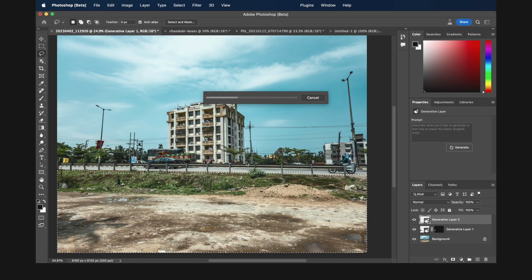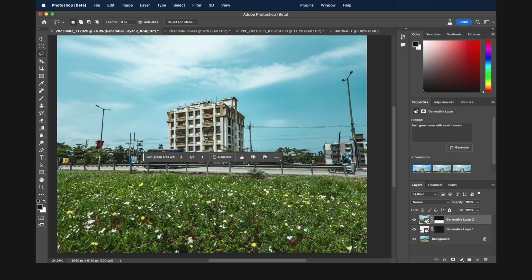It will also take some time. Now you see, this is an amazing thing. I have selected roughly and it has filled the whole area of selection with an image according to the prompt that I have given. So you got an idea of what you can do with this generative fill option. I will show you two or three more examples, and then you can try it yourself. So let us go to